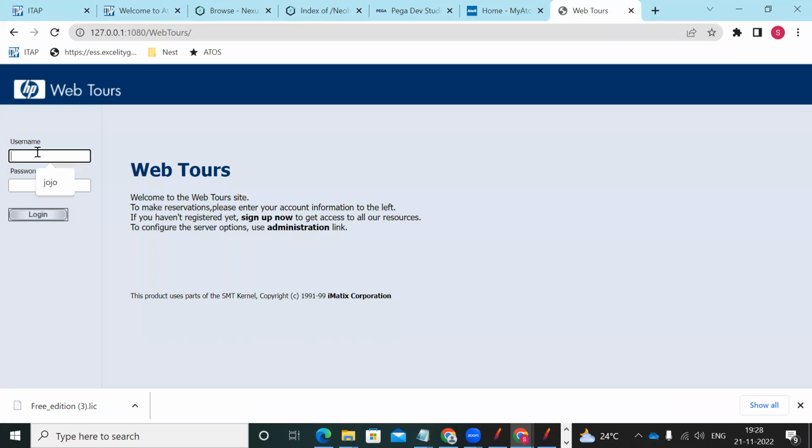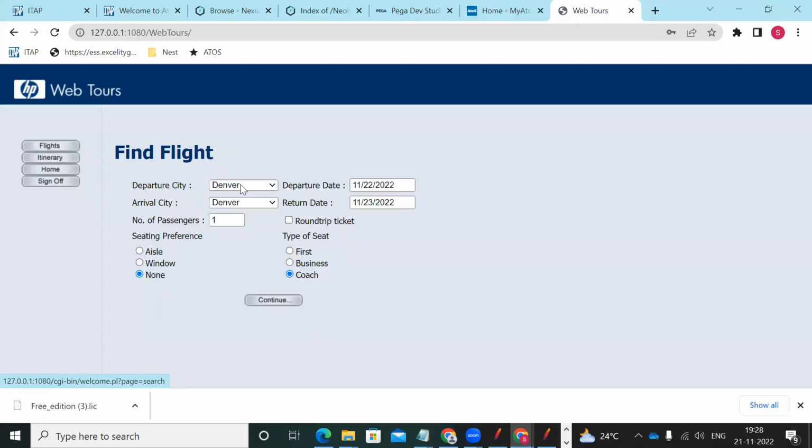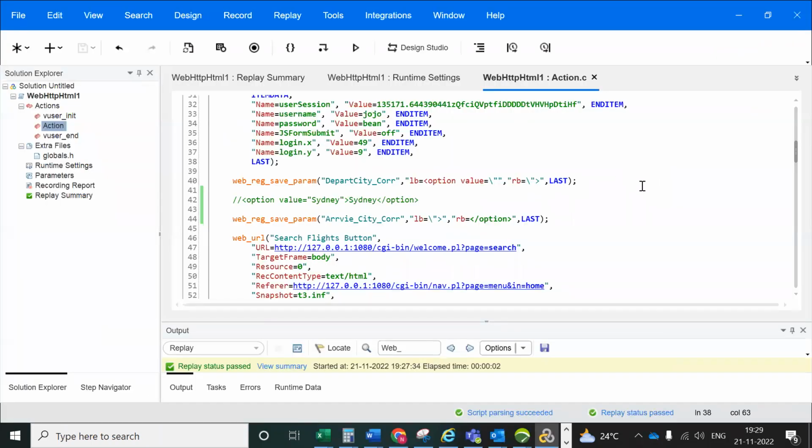We'll log in quickly to Beam and click on Flights. Now you can observe that the departure city has different cities, and the arrival city also has different cities. I want to capture all these departure cities, so we need to give one more argument after the RB and comma. You can give the double colon, the double colon and comma, and we need to give